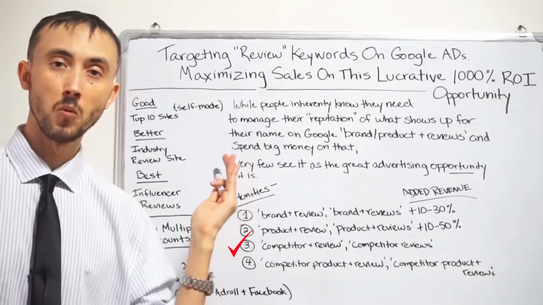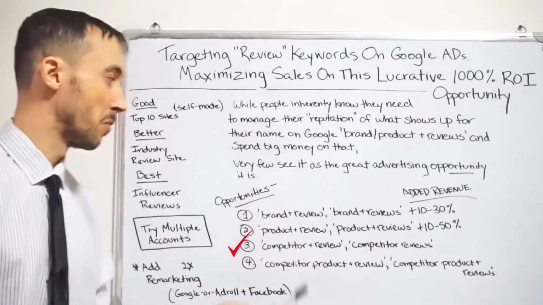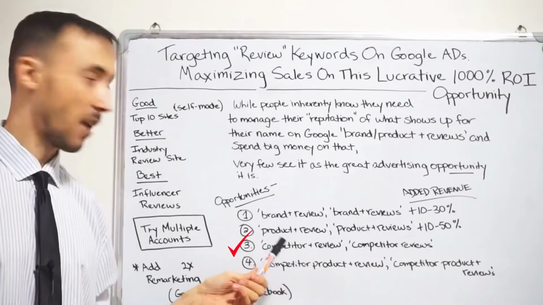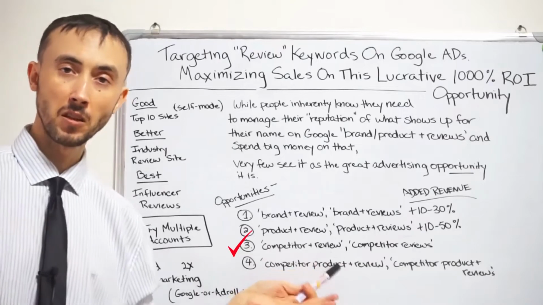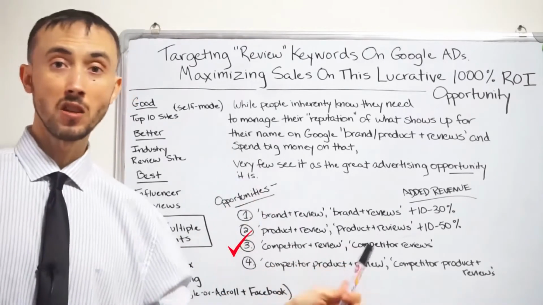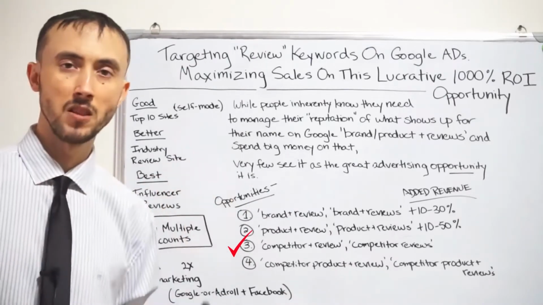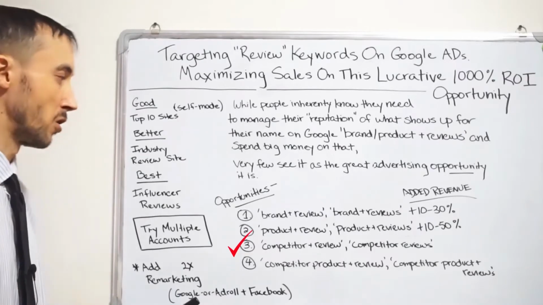The quality score will be so bad that your cost per click will go so high, it really won't work. But if you send them onto a review, what they're after anyway, and has way higher potential because they're way farther down in the sales funnel at that time, you can make the thing work and work extremely well. So that's a third way that you can use review keywords to make money in your market, using this information in this video to your advantage.